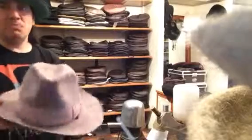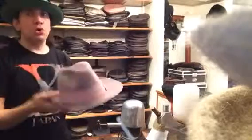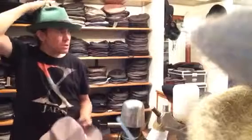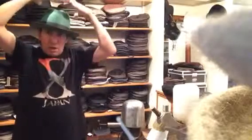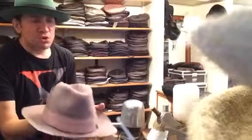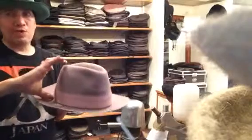Today what we're going to do is deepen a hat. Sometimes crowns can be too shallow for some people. Taller men, taller people, folks with certain ethnic backgrounds, that can affect it too. Certain people have oval heads, higher heads, wider heads. There's all sorts of different shaped people out there, and a taller person generally will need more clearance in the